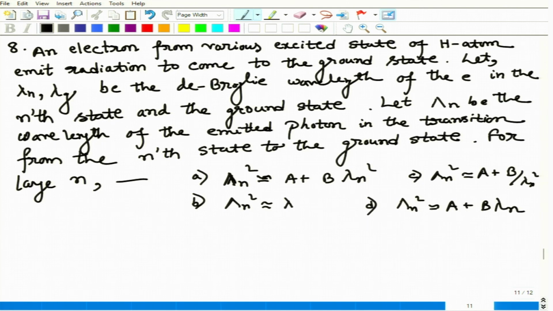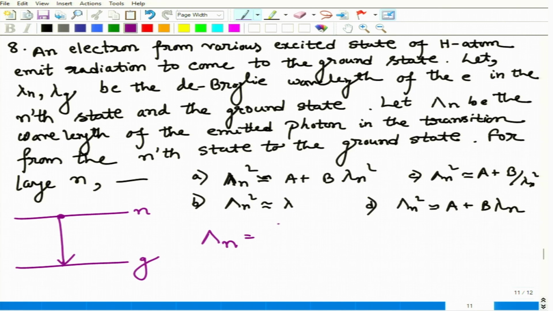An electron from various excited states of hydrogen atom emits radiation to come to the ground state. Let lambda n and lambda g be the de Broglie wavelength of the electron in the n state and the ground state. Let lambda n be the wavelength of the emitted photon in the transition from the n state to the ground state. Excellent. Means let us say two states are there, n and g, one electron is there. If it comes to that, then we know that lambda n should be related with the delta E. How? Delta E is actually En minus Eg,